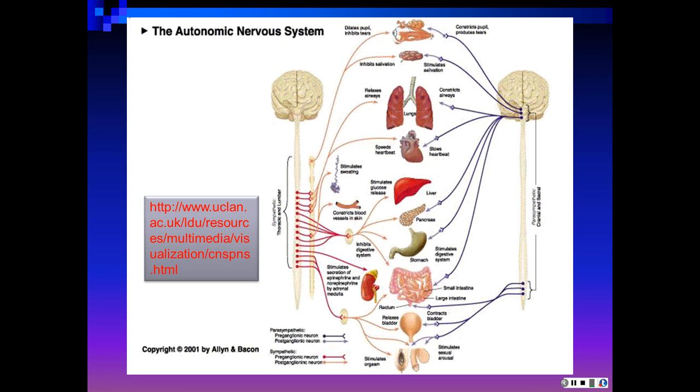And they each innervate different organs. So the eye: there's pupil dilation with a stress response, so you can bring more light in and see what you need to see. Pupil constriction with the rest and digest response. There's an inhibition of salivation, so that's why people get dry mouth when they're public speaking, because the stress response